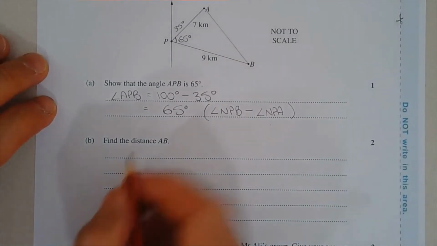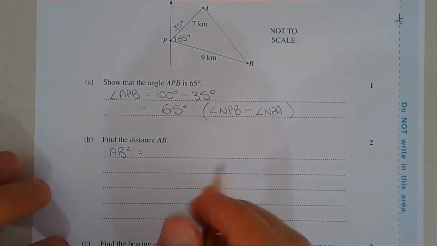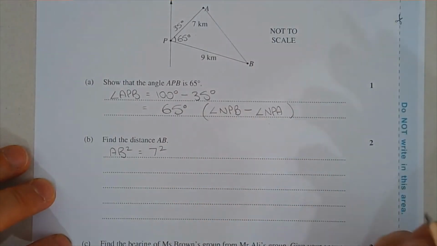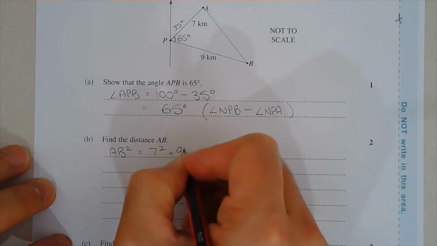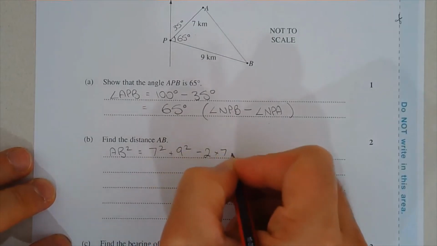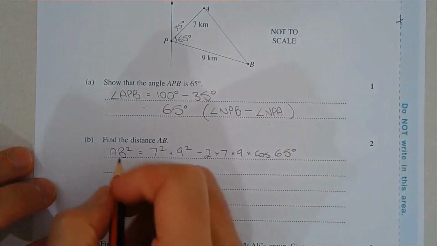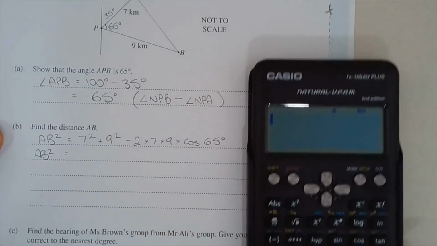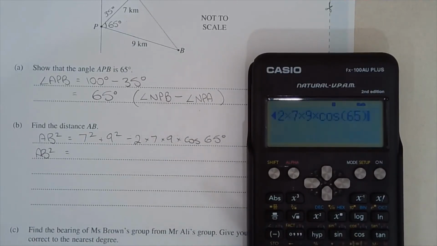So let's use that. AB all squared is equal to 7 squared plus 9 squared minus 2 times 7 times 9 times the cosine of 65 degrees. It's like your a squared equals b squared plus c squared minus 2bc cos A, and you get that from the formula sheet. Let's enter that in the calculator now: 7 squared plus 9 squared minus 2 times 7 times 9 times the cosine of 65, and we get